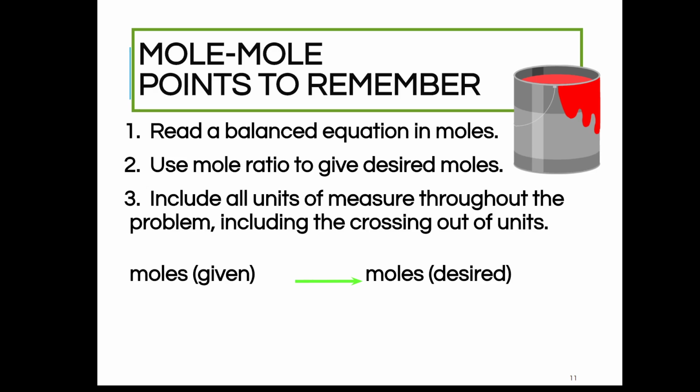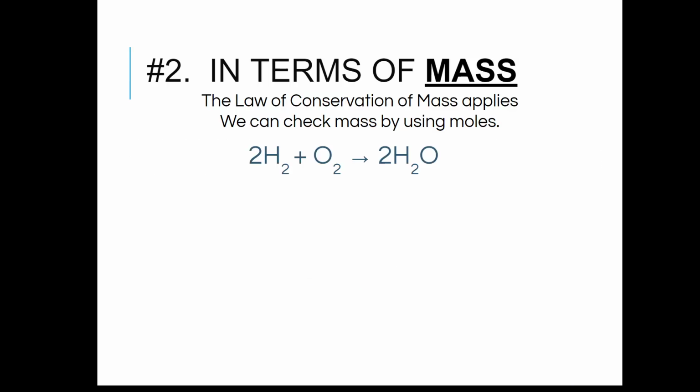So a couple of things that you're going to need to remember for this one. Whenever you go through this one, you're going to have to make sure you have a balanced equation. You're going to use the mole ratios. And then you're also going to want to make sure that you're double checking with your units. To be honest, you're going to want to make sure that you're using your units to solve most of these problems, because then you don't have to think as much. And let's face it, thinking isn't really for the lazy chemist. We'd prefer to just set up our units and then have it go forward that way. Okay,